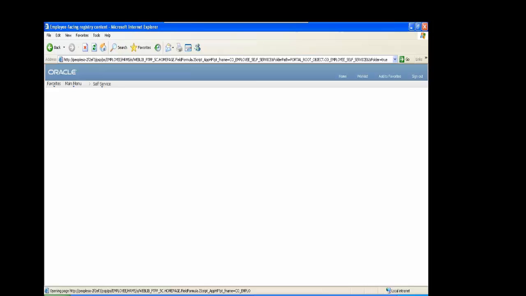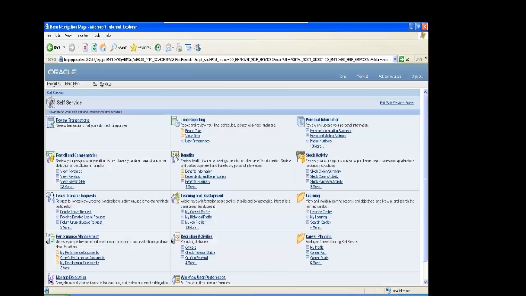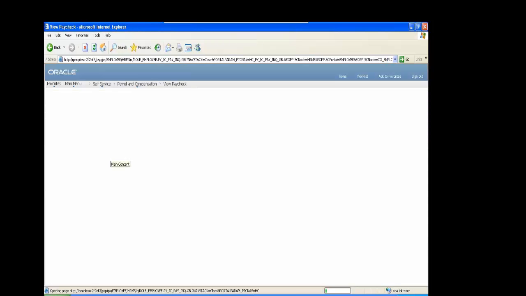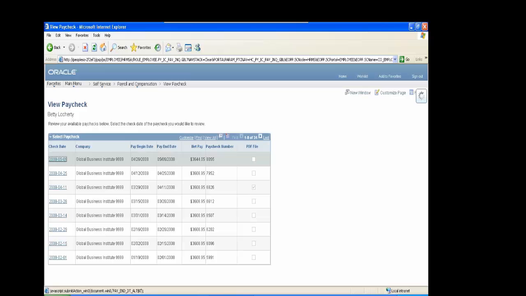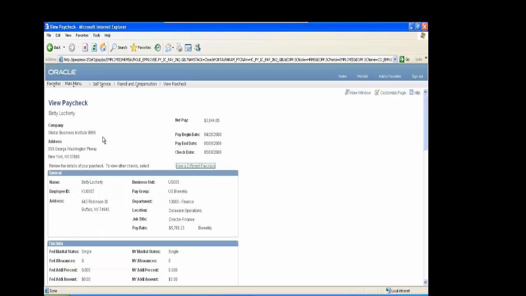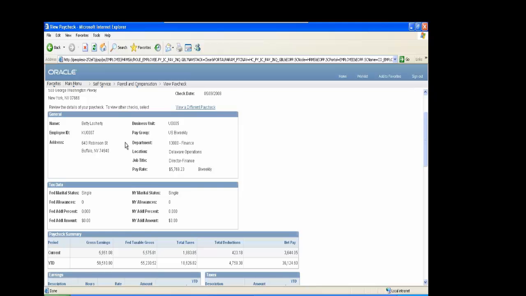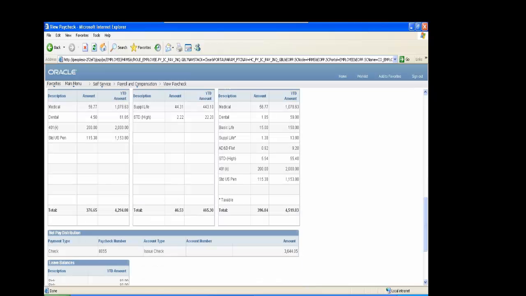navigating like this. Okay, self-service, payroll and compensation, view paycheck. In some instances they are navigating. Whenever they are navigating through these modules, they find something. Okay, they are able to see this is the paycheck of the employee. The employee can see the paycheck, all the information. Let's say they are asking,